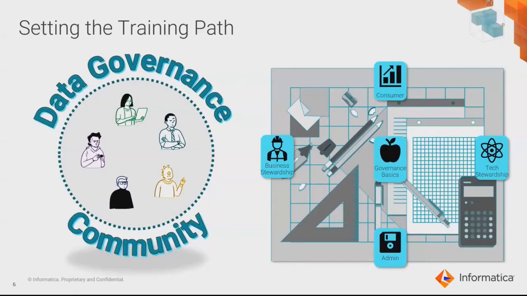Okay, so let's bring it all together. So here's our community again. Over here, we've got our governance leader. He's got the controls, so he's running the team. We've got our steward up here. We've got our administrator. We've got our technical guy right here, and then these are the data consumers as well. So here's our curriculum off to the right. So I'm just going to animate the impact that each of these curriculum points has on the individuals as well.